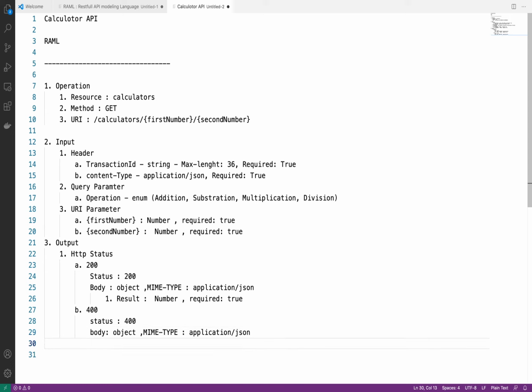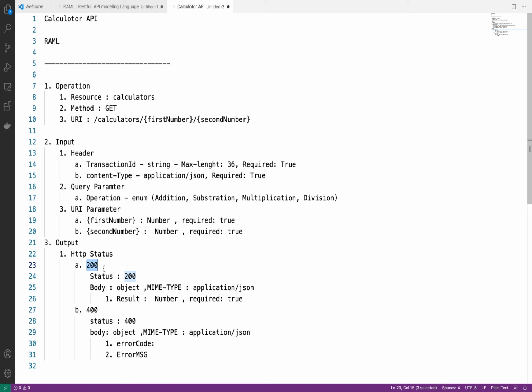So inside 400 we can pass two things inside the body. One is error code, and second we can pass error message. So this means in the 200 series we will get success responses.